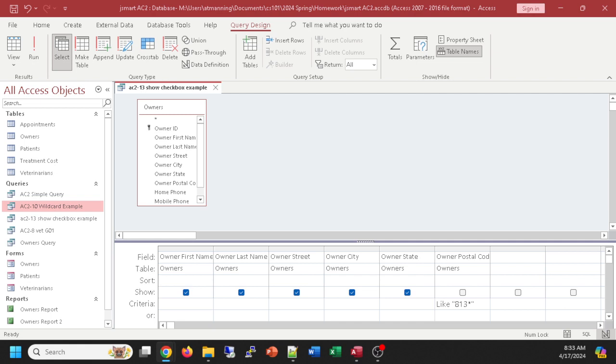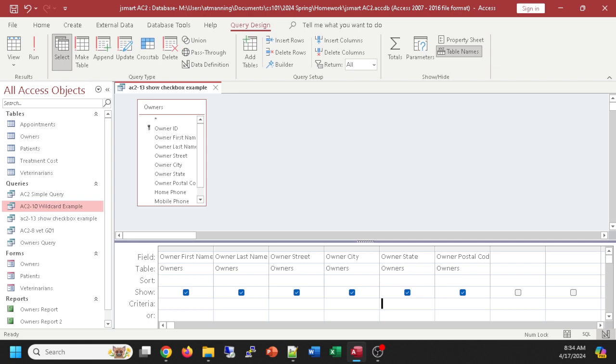Now another thing they show in this example, this same owner's query. This time we're going to modify this and save my query as a new name. This is something you've got to be very careful about. Let's go ahead and show the zip code. I'm going to remove the criteria, and I'm going to ask for a criteria underneath the state. And let me show what we're going to put there, because it's kind of strange what we do. We're going to type a special information